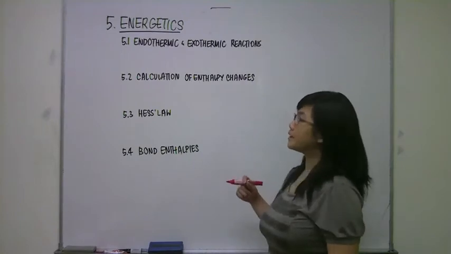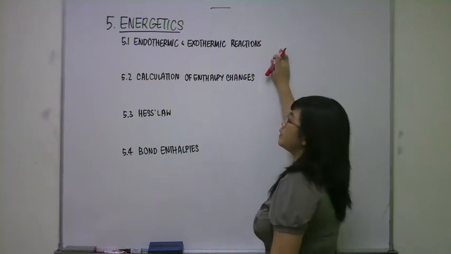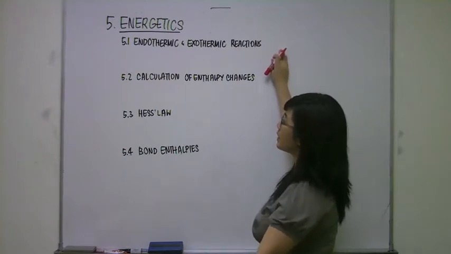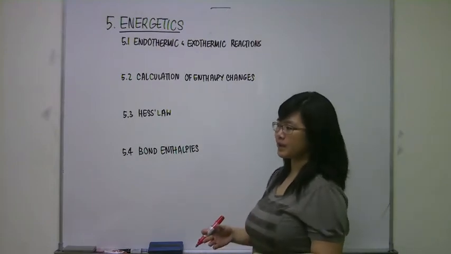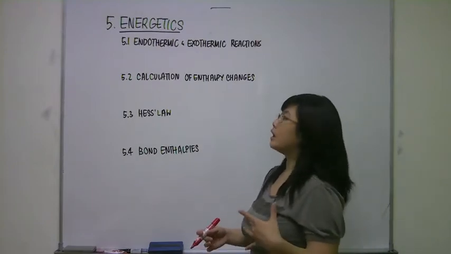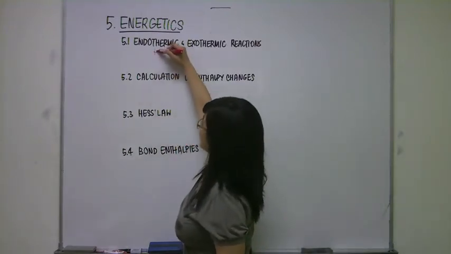The fifth chapter in IB Chemistry is energetics. In 5.1, you're supposed to be explaining about the endothermic and exothermic reaction. So you should explain to your student what they mean. For example, endothermic is a net release of energy from the reaction and stuff like that. And you need to also tell them about the temperature